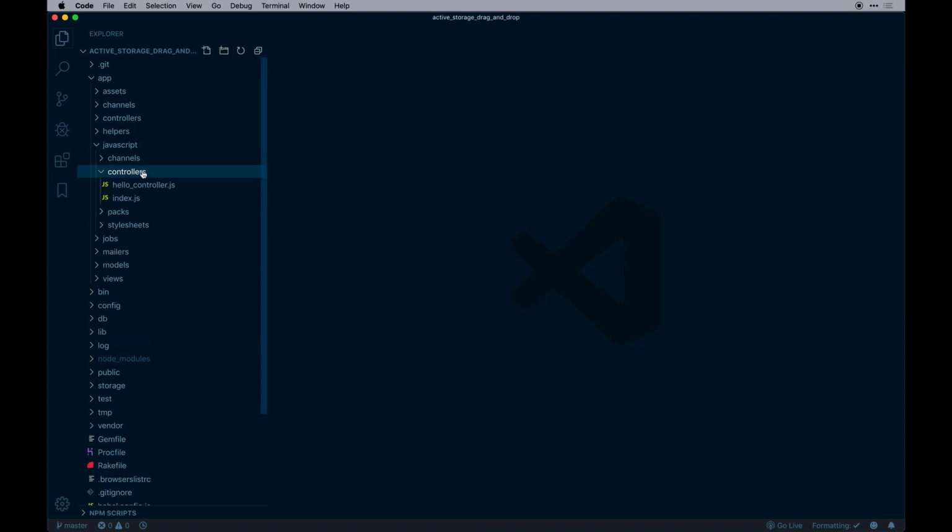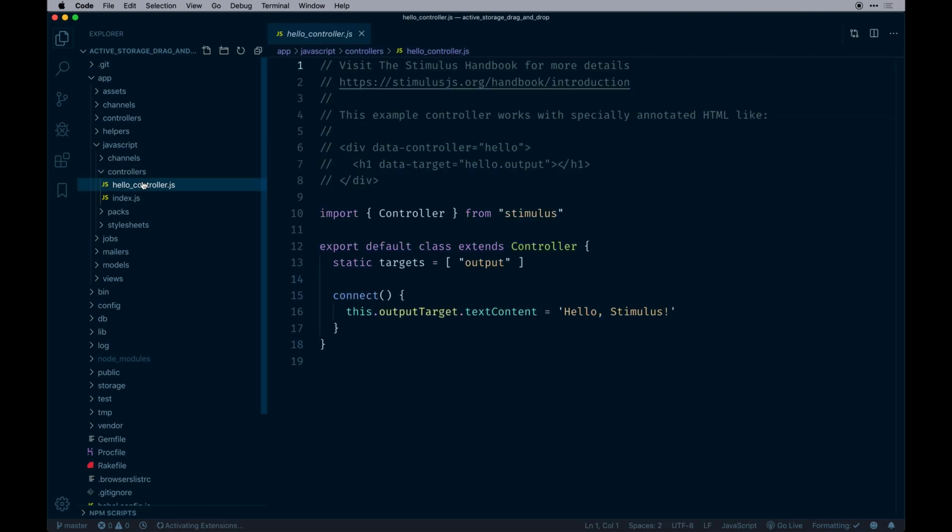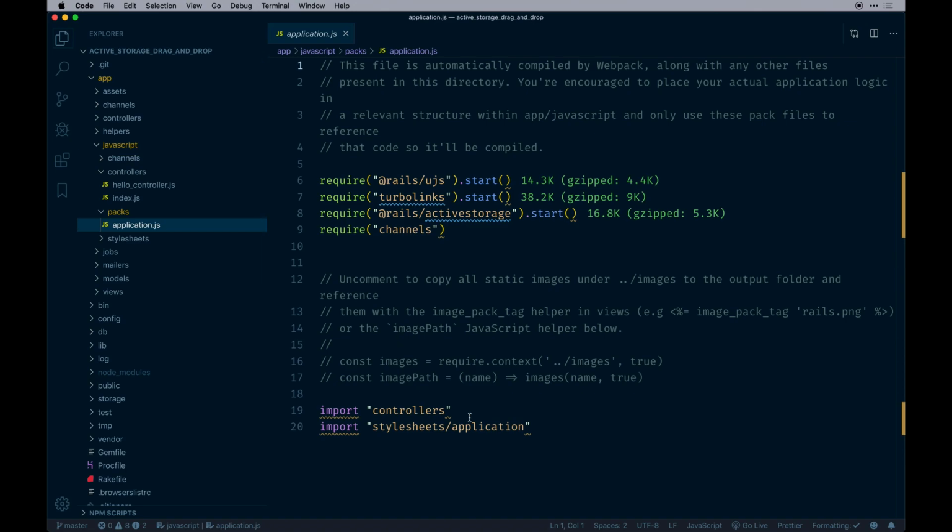And this concept with Stimulus is that there is kind of like the Rails model where it's an MVC framework, so there's a model view controller. So the controllers in the JavaScript act as the controllers here. You can think of it as such. Obviously the syntax is different. We're using modern ES6 with webpack, so we're allowed to do a lot of this stuff that makes it all fancy dancy. But in the end, we're importing all this into our application JS file,